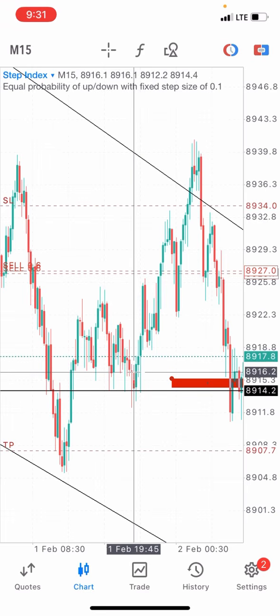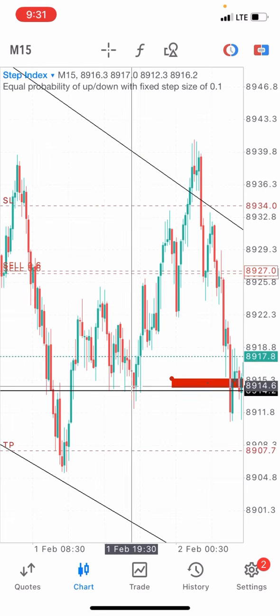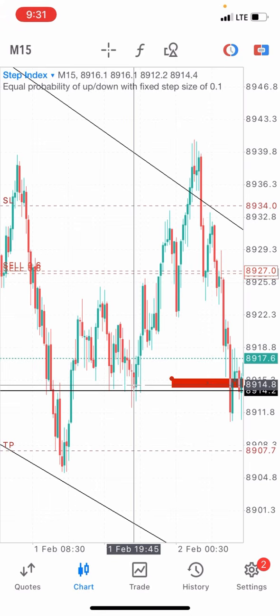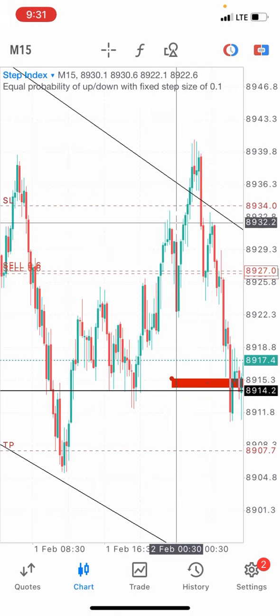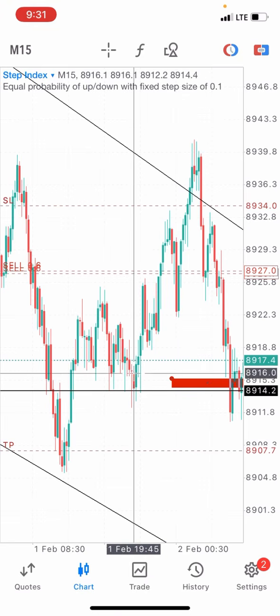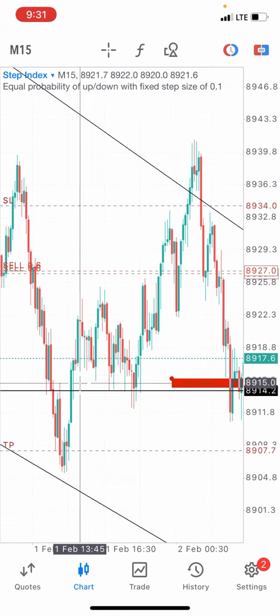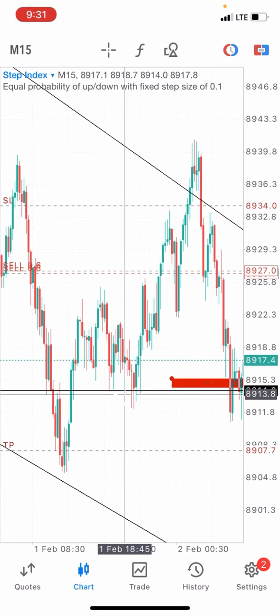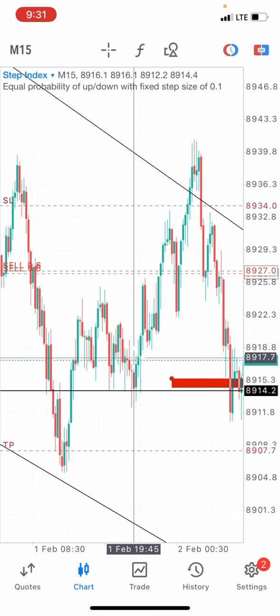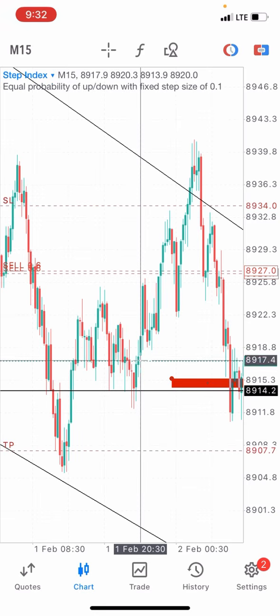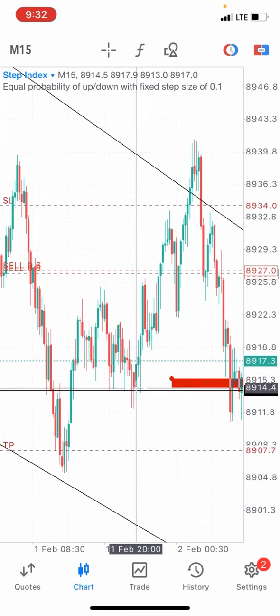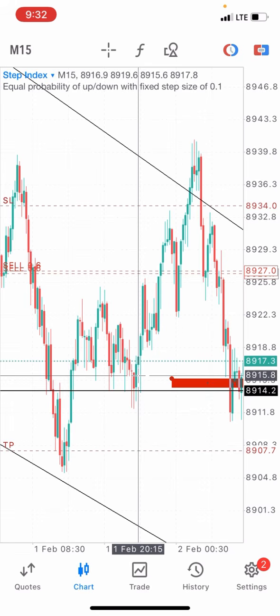If you see my previous video, we took a trade here. We bought at this level. This was the strategy that we used. It has worked for me over time. We bought at this level and we took profit around this level. So price came back to hit this level after it broke the resistance here. It turned it to support and then printed two strong bullish candlesticks with rejections from the downside. That is enough reason for you to take your trade.